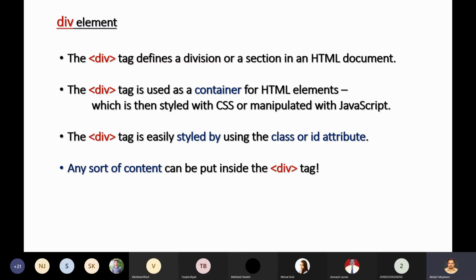Okay, it acts as a container. So whatever tags we have learned up till now, those will be the content of this div tag. The div tag decides the layout of the entire web document. It acts as a container for other HTML elements. So all the elements that we have learned up till now will be the content within this opening and closing